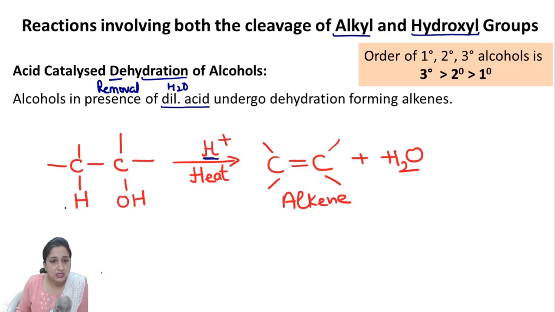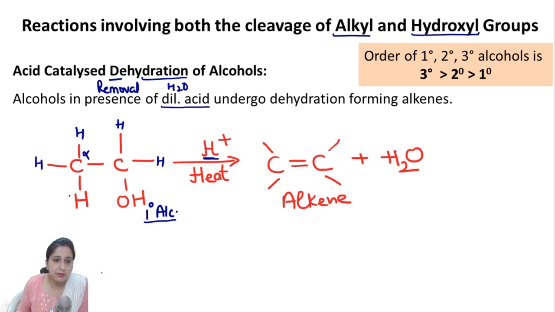Clear beta? So this is your any alcohol. If this is your H, this is again H, H and H. Clear? Or then it is your 1 degree alcohol, because the carbon carrying this OH group is further attached with only one carbon. So how does this reaction take place? OH from this carbon and H of nearest alkyl group. Nearest means alpha carbon. Look, this is your carbon carrying the functional group and this is your alpha carbon. If there is one more carbon, that will be beta. So how does the removal of water take place?